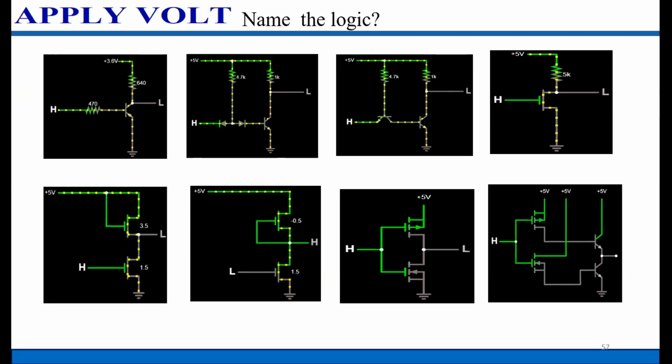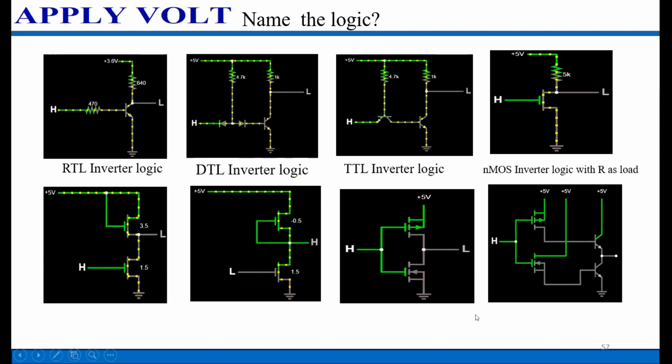So the third checkpoint is also a little bit satisfied. You just need to get more information on schematics. See here how I was able to draw different logic families for the same logic. Inverter is my logic, but with different types of circuits or configurations. You need to decide which one is good by entering the schematic in an appropriate CAD tool like Mentor Graphics. So far we worked out HDL and we got the RTL diagram. What is our next job? I am supposed to convert that RTL diagram into a schematic.